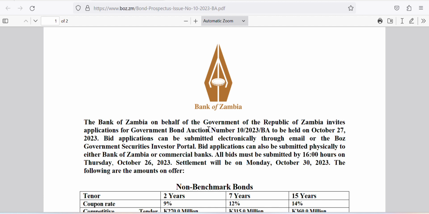It's a public document, and what I have on the screen is an example of an actual bond prospectus for the month of October